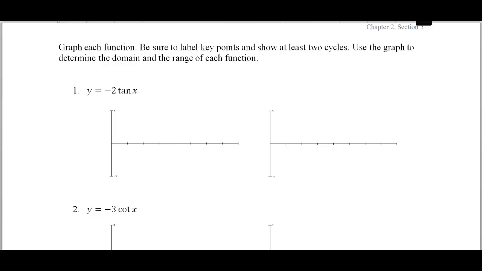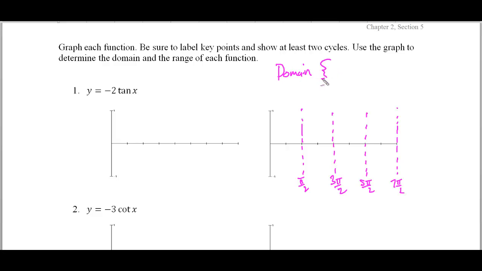So if we just focus on the asymptote lines, which occurred at every single pi over 2, and this is going to be 3 pi over 2, this is 5 pi over 2, and then finally 7 pi over 2, like so. So these were the asymptote lines. The asymptote lines of tangent are pi over 2, 3 pi over 2, 5 pi over 2, 7 pi over 2. So when we talk about the domain,